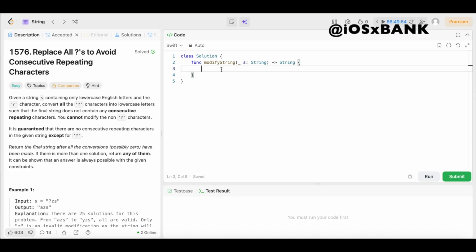All right, y'all, we're back again. Another day, another LeetCode problem where we're doing daily LeetCode problems. And today we have question number 1576, Replace all question marks to avoid consecutive repeating characters. The difficulty level is easy, so you already know we're going to keep the solution as simple and easy to